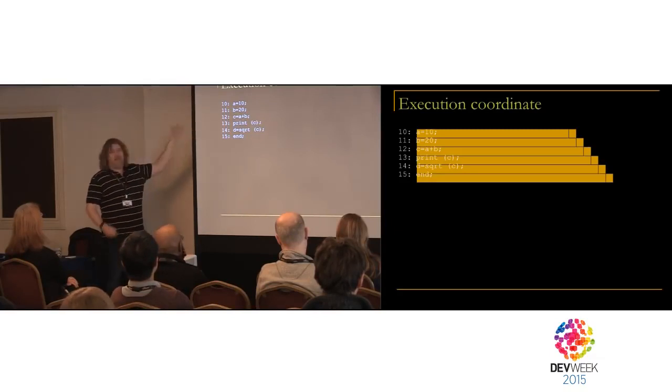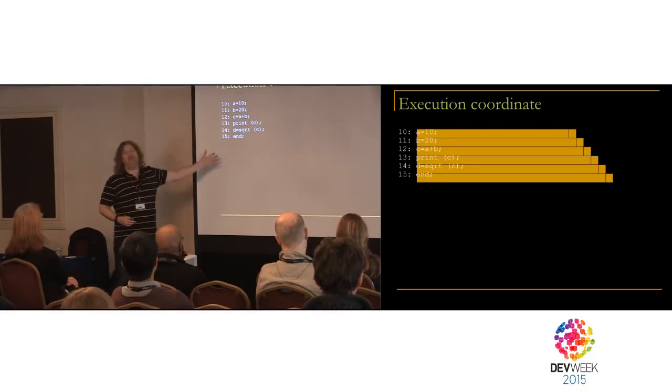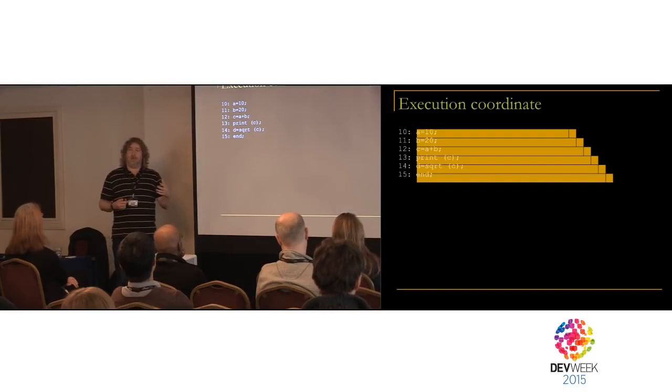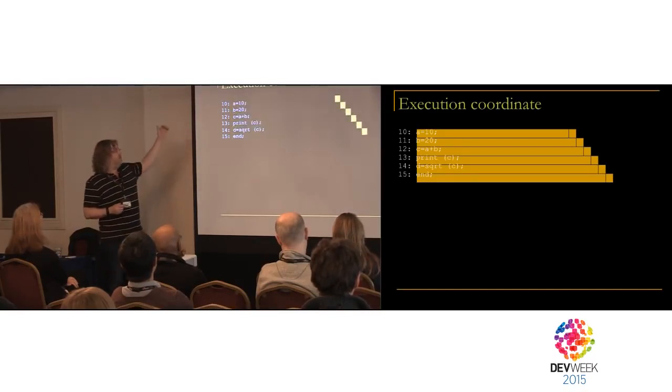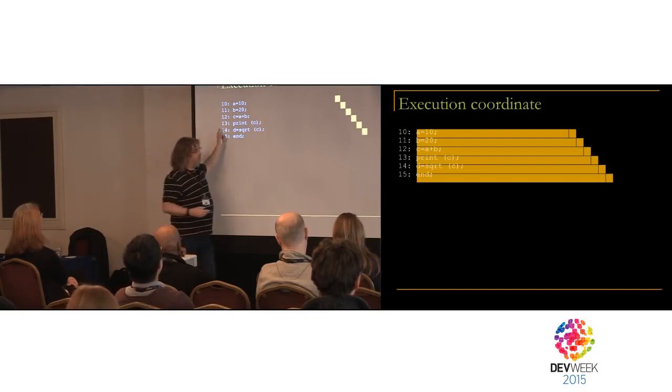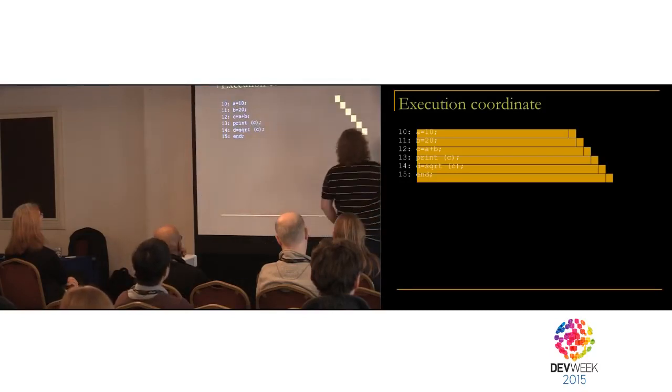Now, we can look at it. I'm pointing to it. I'm saying, here's the program. Here's line 13. I'm using this static language, right? But what we can do is we can animate this program. We can say what happens when it starts to move. And what we find is that it executes each line in turn. And as it executes each line, we have this sense of line, but it executes each line at some instant in time. What we've got along here is this time axis. So what this picture shows us is a correspondence between the location in the program.